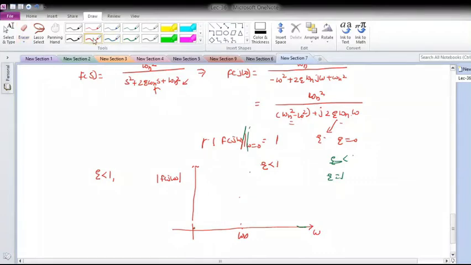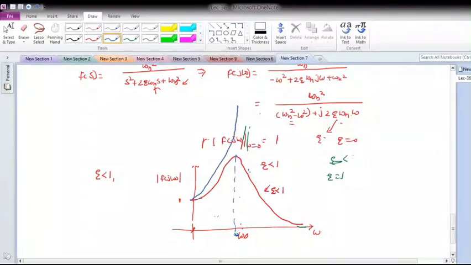Okay, so this is not the case. So at omega equal to 0, for any case your magnitude will be 1. Okay, so for zeta equal to 1 it will start like this. Now it is correct. Okay, this is for zeta less than 1. What we said for zeta equal to 0, it will go, this is some omega n frequency. So at this frequency what will happen, this will go with infinite magnitude and then it will be 0, somewhat like this.